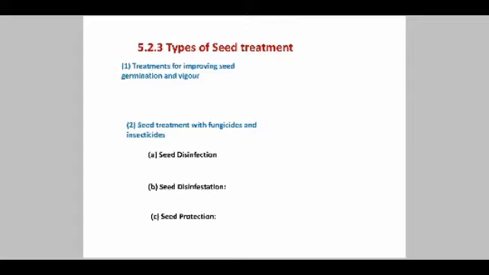Next is the use of chemicals, chemicals which affect the seed coat. So treatment with salt, it may be NaCl or potassium hypophosphate, for 12 hours. The seed is dipped. It is actually applied for jowar seed for the improvement of germination and vigor.